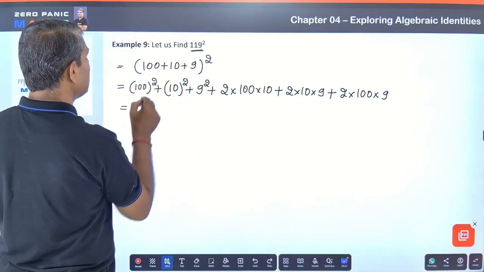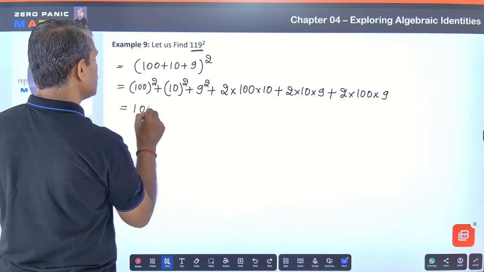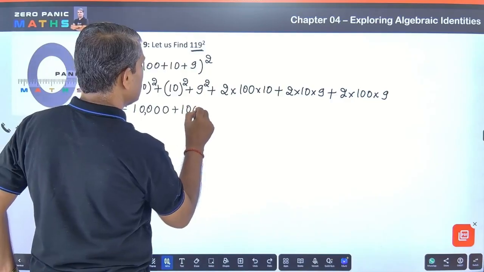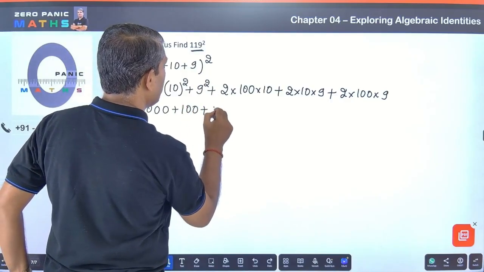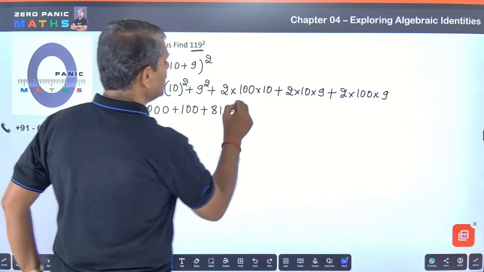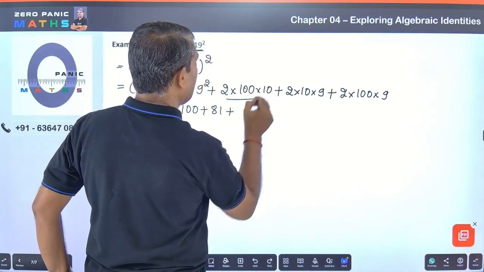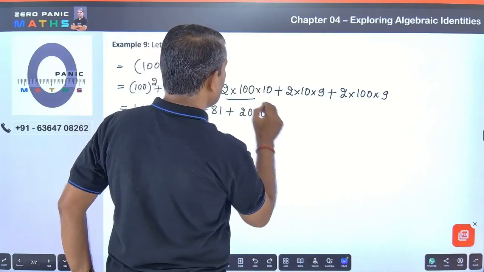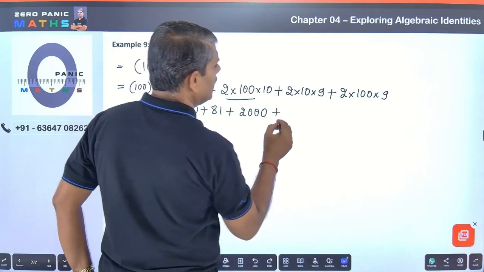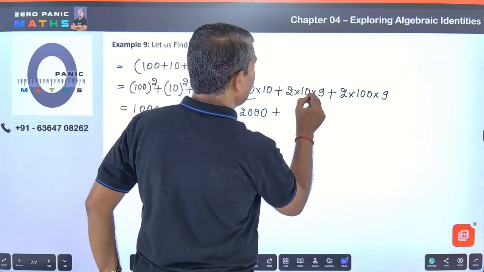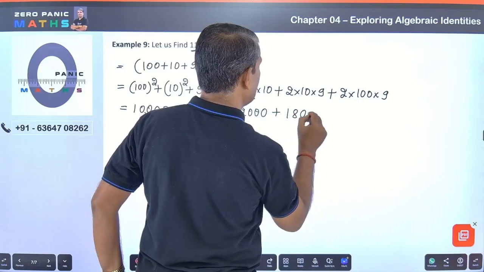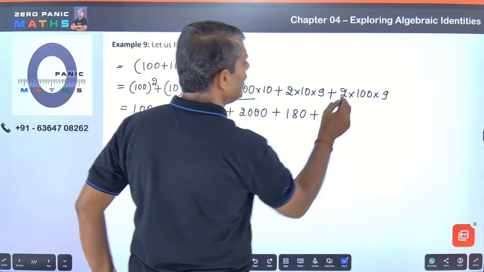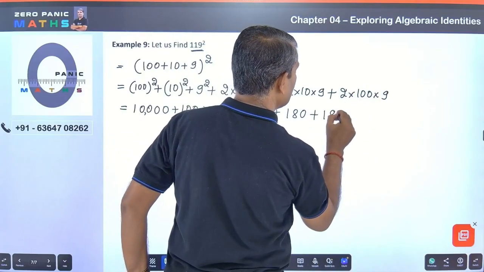Now what is 100 square? It is 1 followed by 4 zeros, correct? So that is 10,000. What is 10 square? Which is 100, plus 9 square is 81, plus 2 into 100 into 10. It is 200 into 10, which is 2000, or 2 followed by 3 zeros, you can say. Then 2 tens are 20, 20 nines are 180. Plus 2 tens are 200 multiplied by 9, or you can say 2 nines are 18 followed by